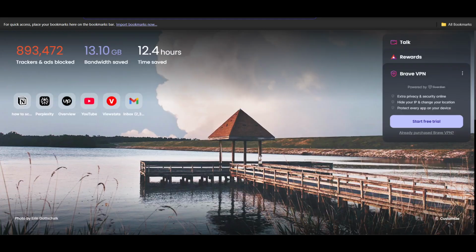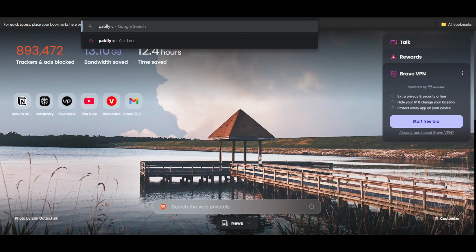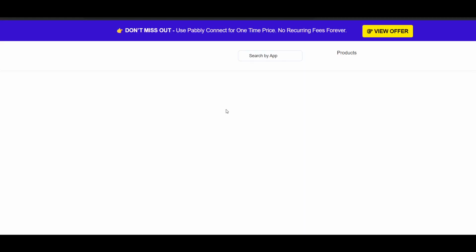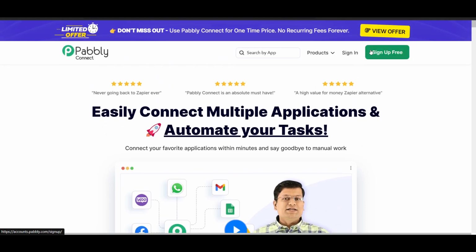So just go to Google, search for Pabbly Connect and hit enter. Now here just go and click on automate all your integrations and tasks. So here you have to just go and sign up for free, and then you will be able to do